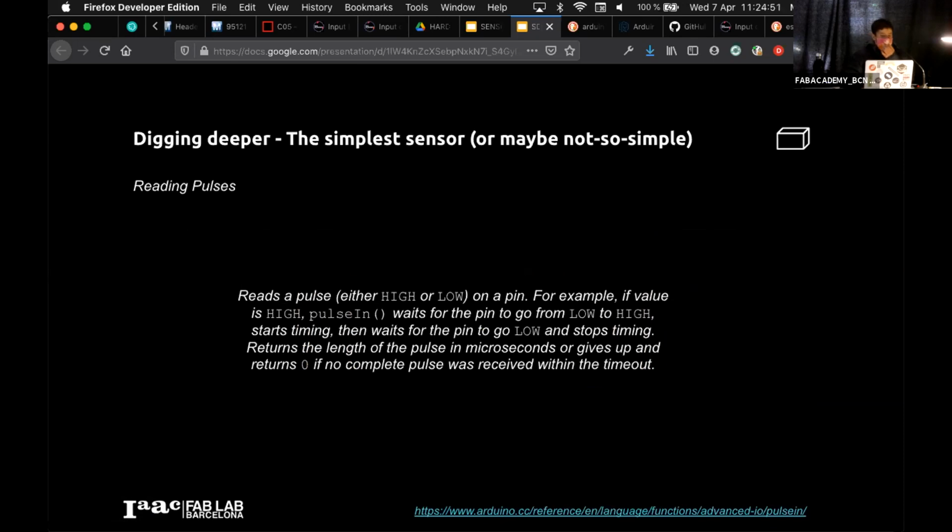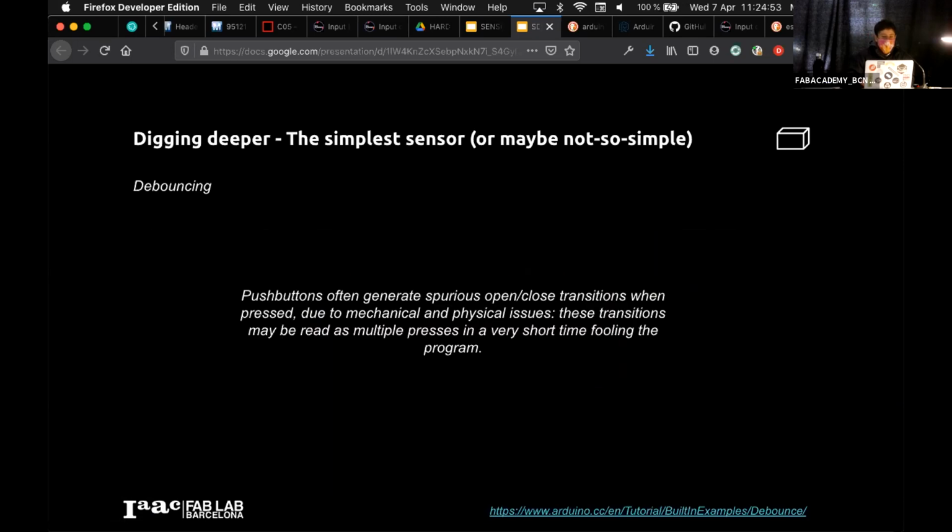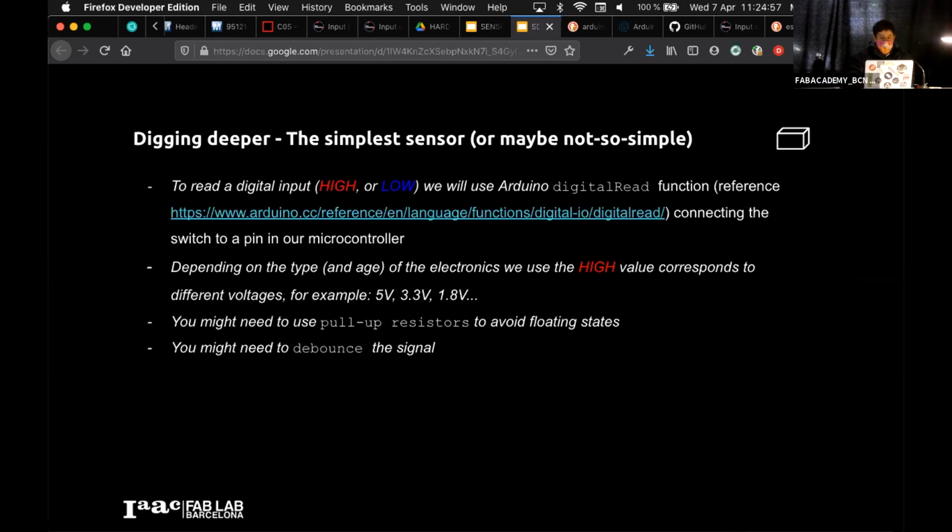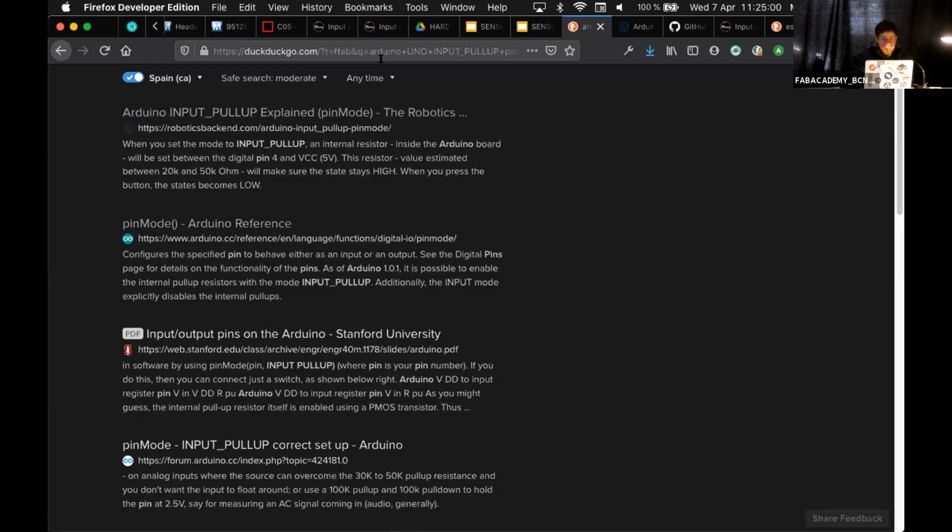So what we do to avoid this is we use the debouncing function in Arduino, and for this to